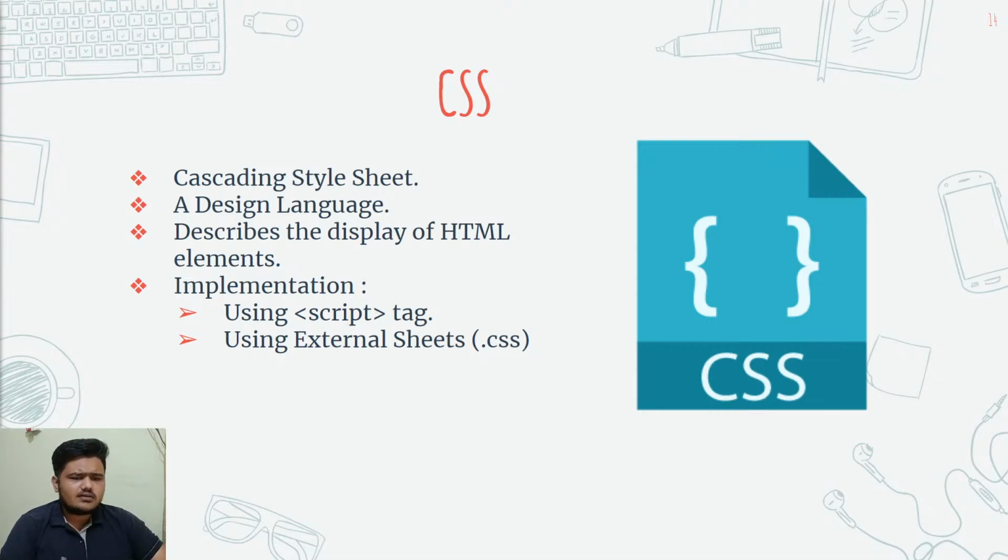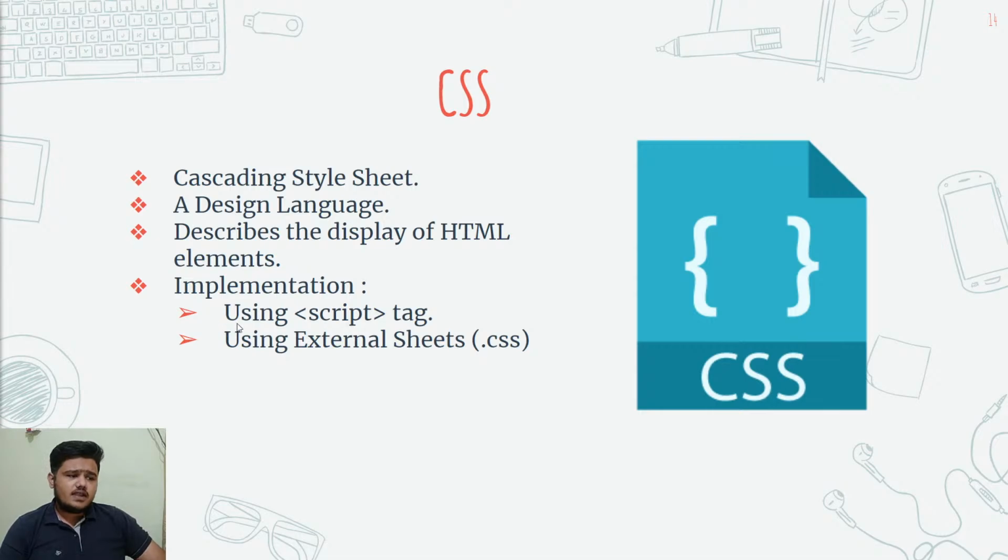So here we can safely say that CSS is responsible for the display of each and every HTML element, right? So it can control the layout of multiple web pages all at once, right? So here if we'll see about the implementation, there are two ways in which we can implement a CSS script, right? Using a script tag in the HTML document itself, right? Or we can use external sheets, and the file type for these sheets is .css,